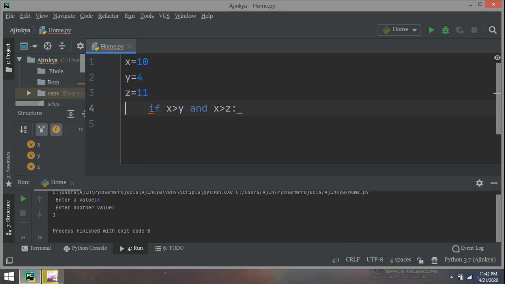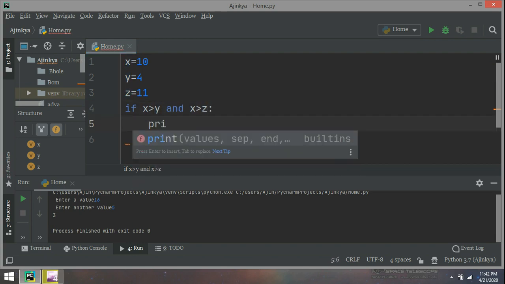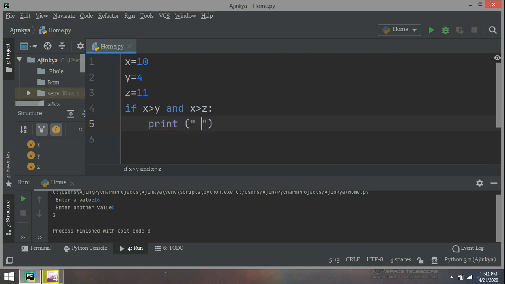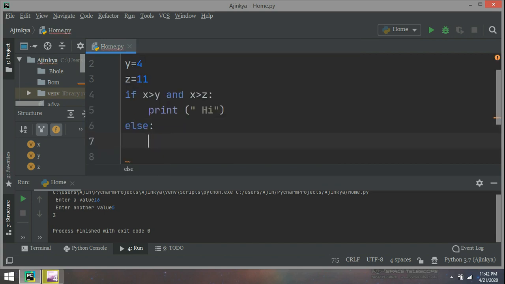If x greater than y and x greater than z, print high, else print